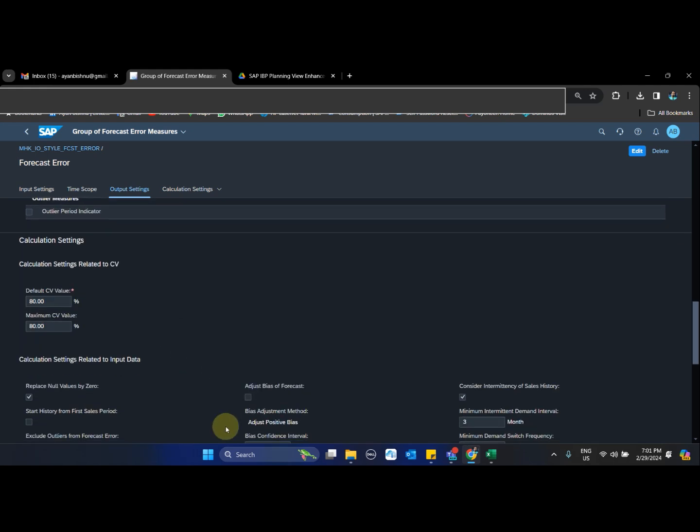Apart from that, there are a few other settings that I have done. If the forecast error is 80 or more, you don't have to put anything above 80. Anything more than 80 you make it 80, because a forecast error of 80% is already very pathetic, which says that I don't have correlated sales and forecast in the past so as to generate a good error CV. So 80% is already quite bad, and anything above 80 is also bad.